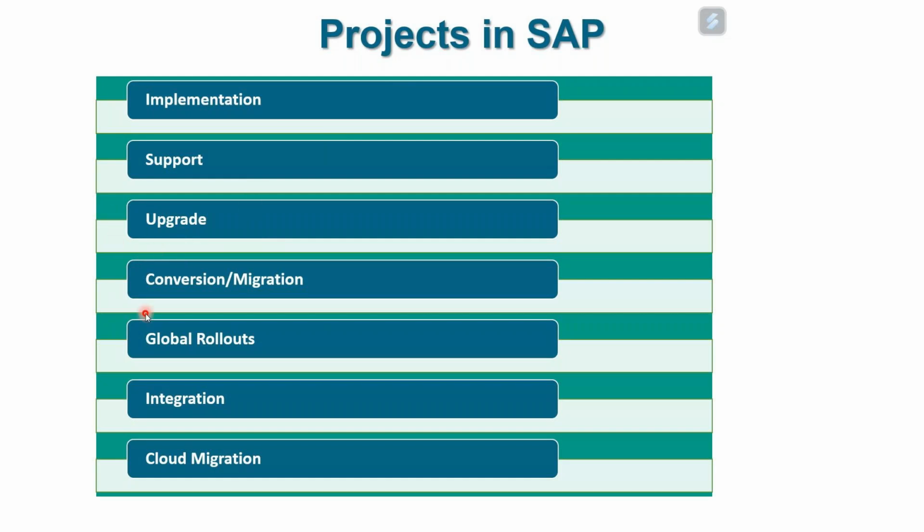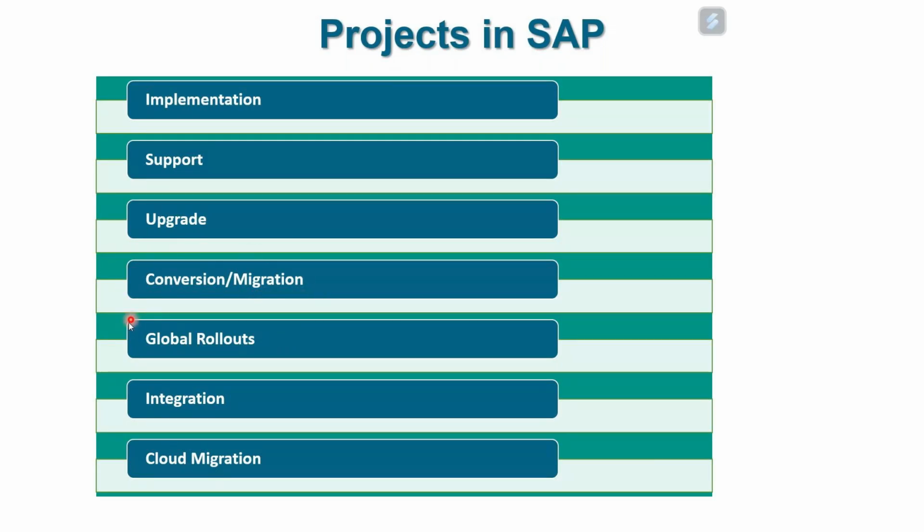Or you can be part of migrations from ECC to S4 HANA. You can help them move from ECC to S4 HANA. Those are big projects coming your way. If there are 100 companies who are on ECC, 65 of them are still on ECC. These companies need to move from ECC to S4 HANA in the next 4 years. There's going to be a tremendous amount of migration projects which are going to come in the next 4 years. We are already short of consultants. There is at least a shortage of 25 to 30% on the consulting front. We do not have as many consultants as are needed for the migration.